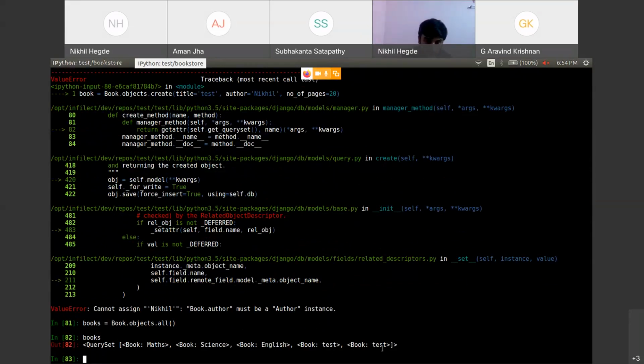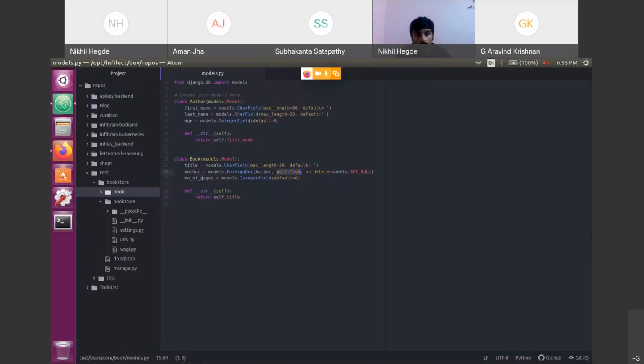Now let's make a query in this books table. Now I want to fetch all the books having no author. How should I do it? Ideally it should give me output of only this one, because it doesn't have any author. All the other books have an author. So to do that, you should query with author directly, because you want all the books having author as null.